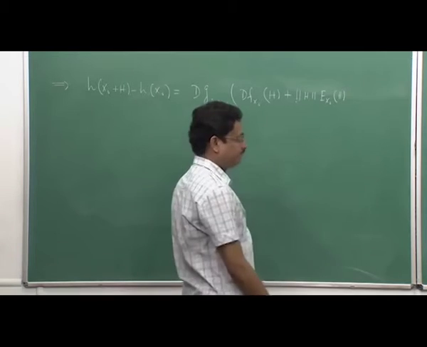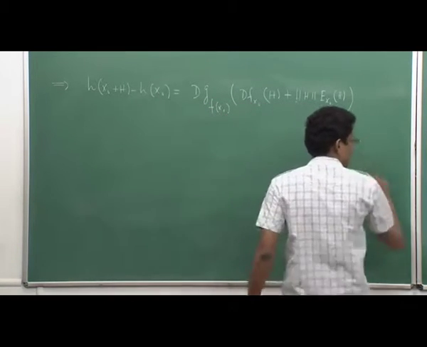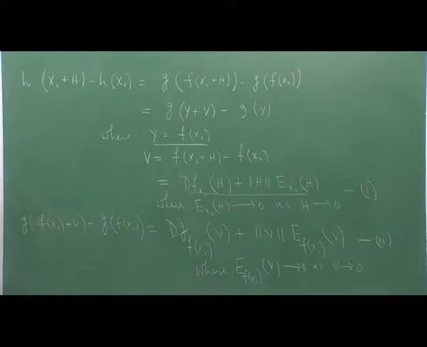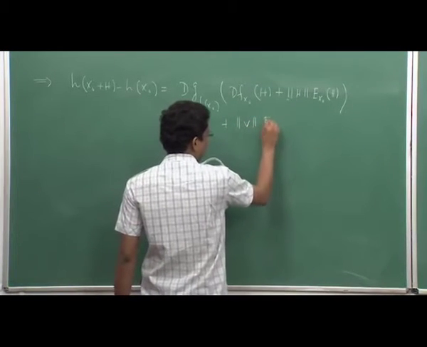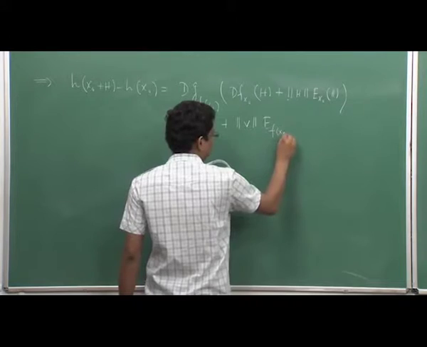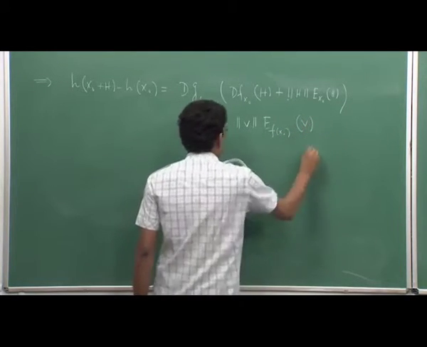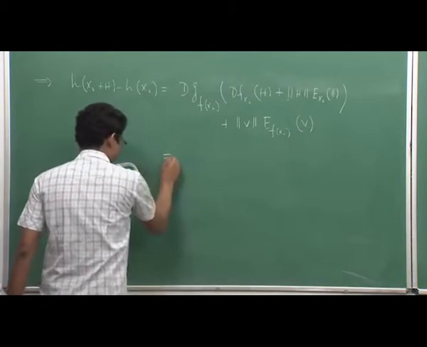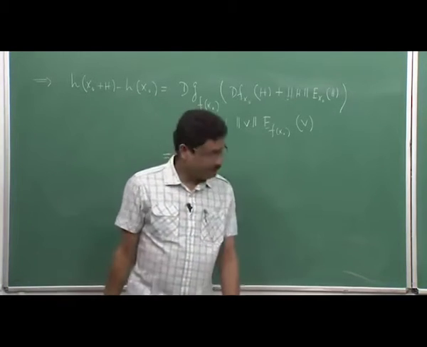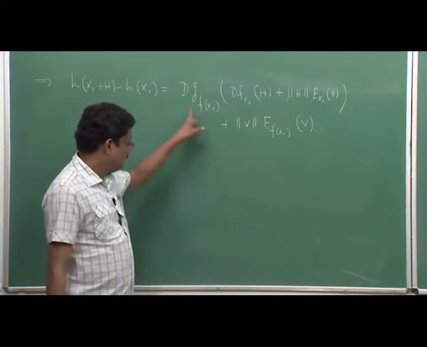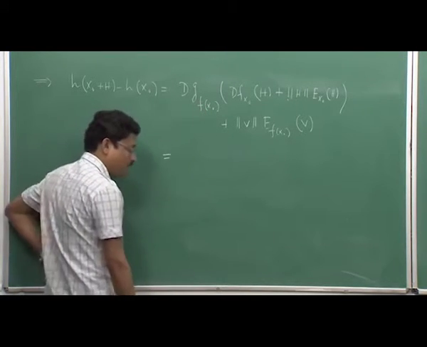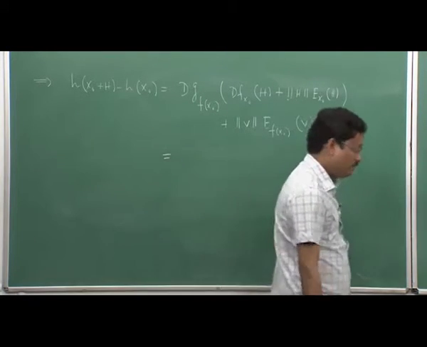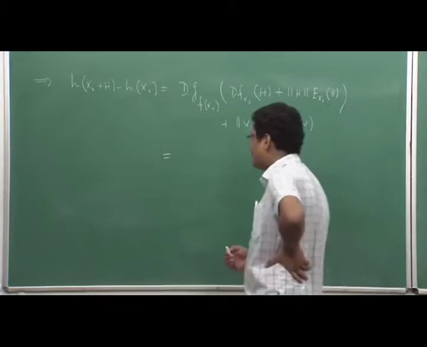Correct. I have just put v from here 1 plus the remaining term remains same. Now, look, d f x naught is what? d g f x naught is what? According to my definition, derivative is a, so d g f x naught is